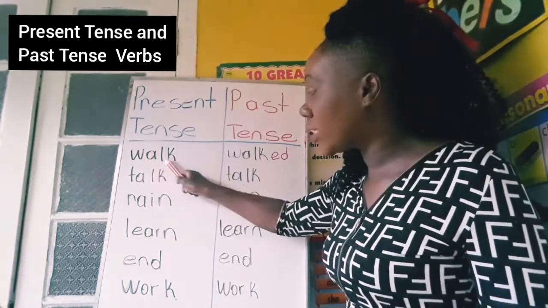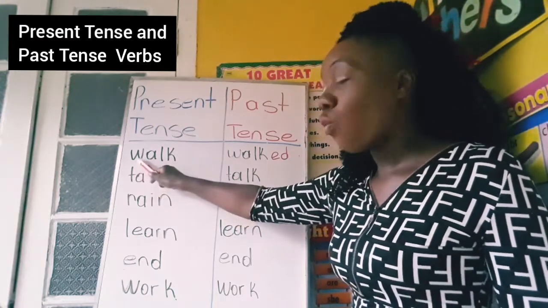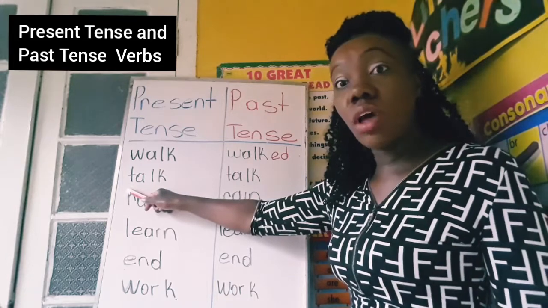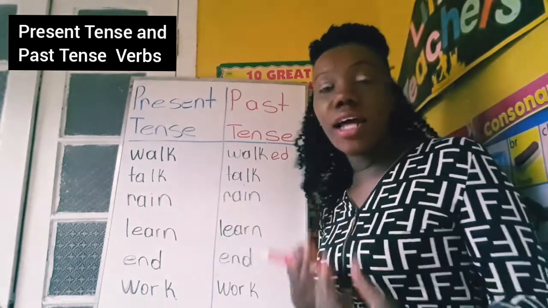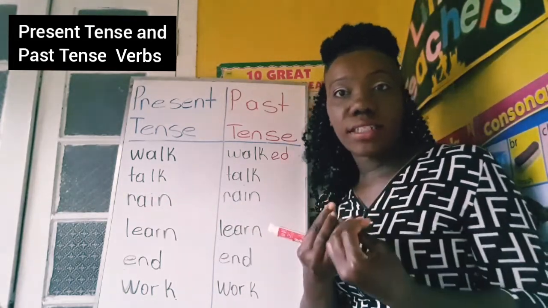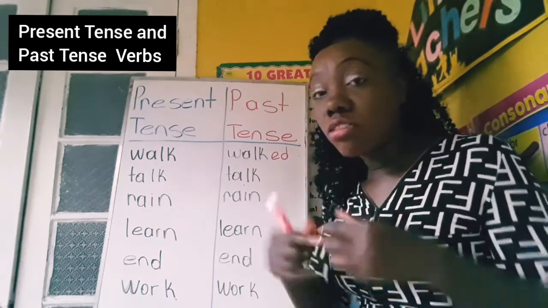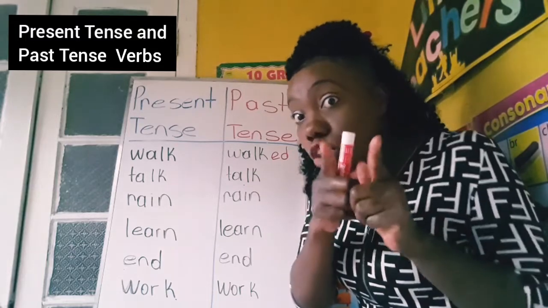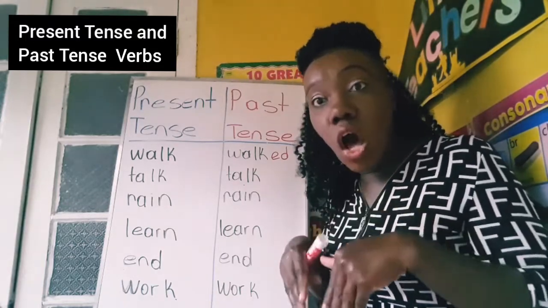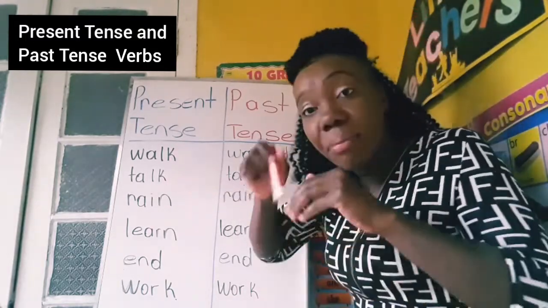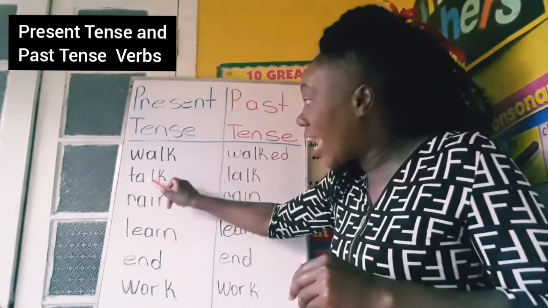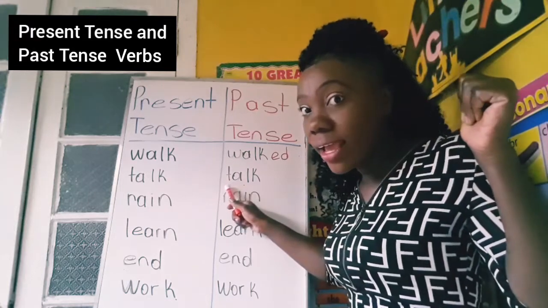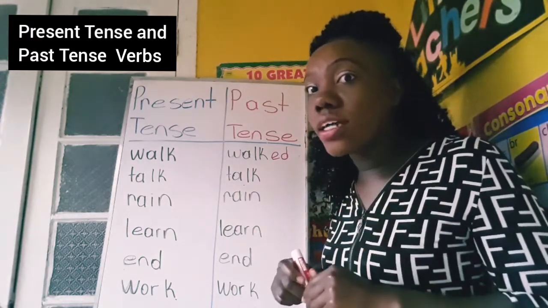It's almost looking like walk. So this is walk, and we change the W to T: talk. So Auntie Karen talks. So I talk. Right now, I talk. I am talking to you. So I talk. It is happening now in the present. But yesterday, I talked.